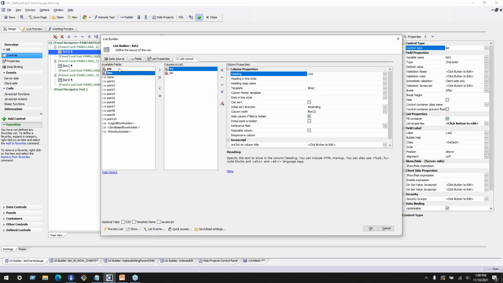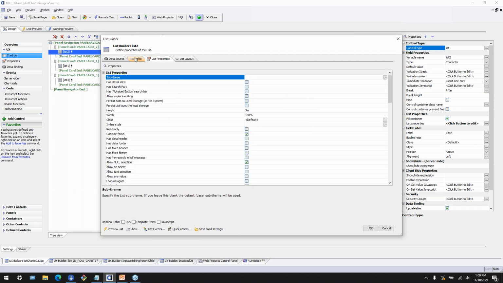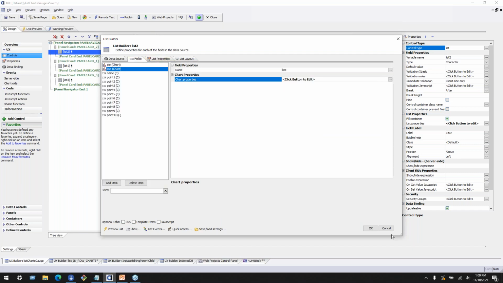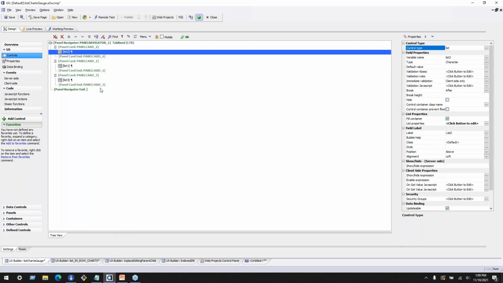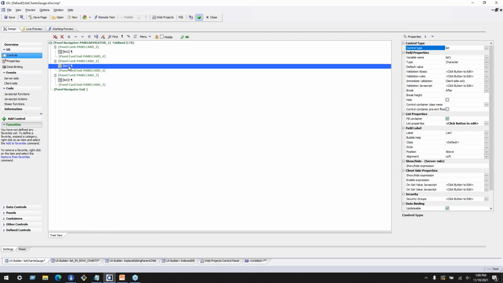So these field types are added to your list layout the same way as any other field type. I've just added line and pie here, and they just have a default label of line and pie. So that's a pretty basic example of how you would set it up and everything. But I think the ones that are more interesting to look at, that I'd like to spend a little more time on, are the